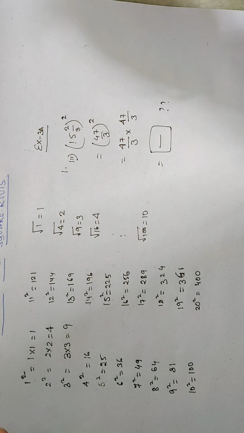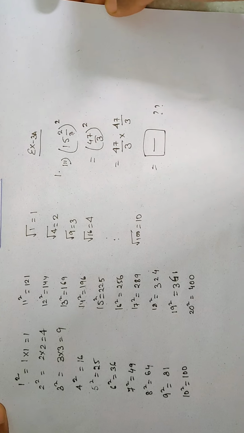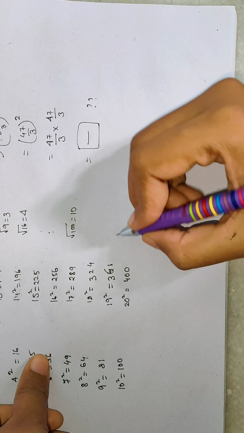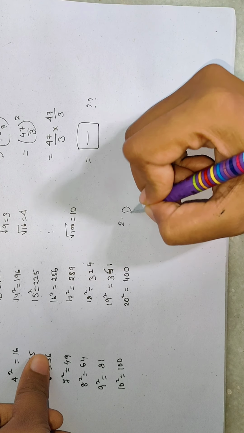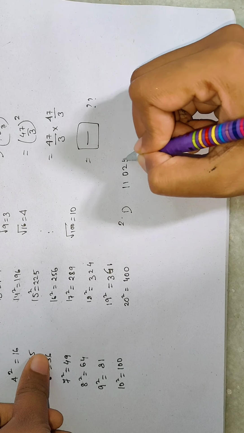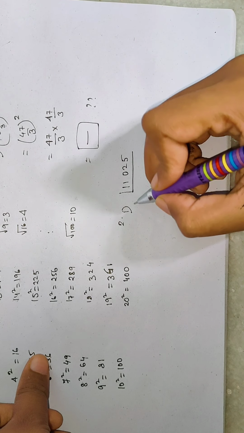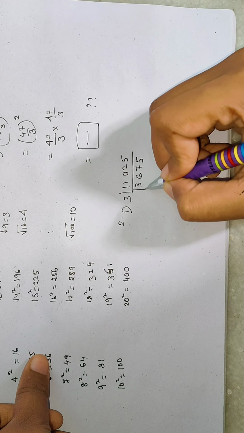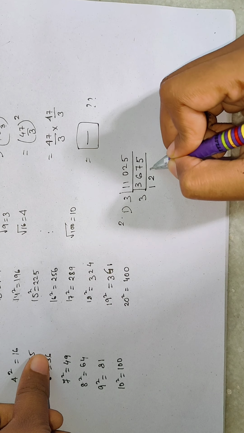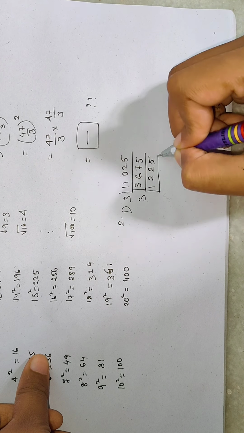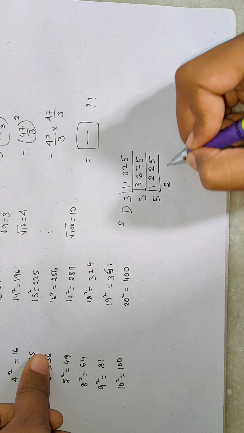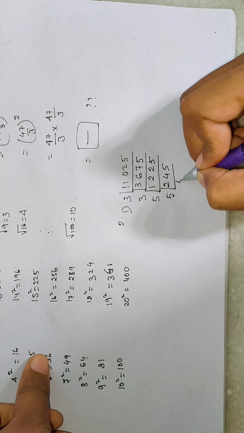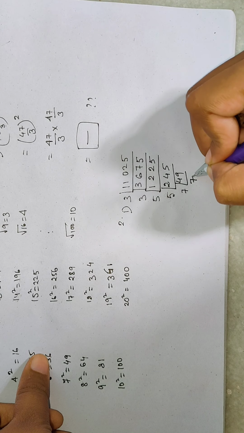Fine. For number 2, it is said that you have to split it into prime factors and then find the square root. So look at this number 2, (1) I am explaining. Okay, 11025. So first you have to split it into prime factors. 3 threes are 9, 3 sixes are 18, 3 sevens are 21, 3 fives are 15, 3 ones are 3. Then 5 twos are 10, 5 fours are 20, 5 fives are 25. Fine, 5 fours are 20, 5 nines are 45, and finally you got 7 sevens are 49.